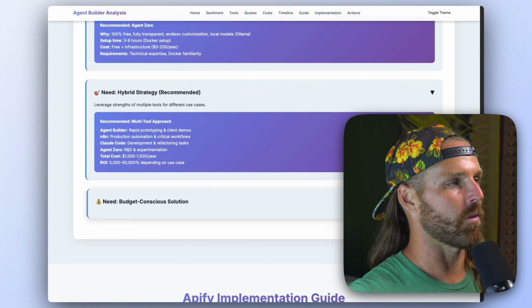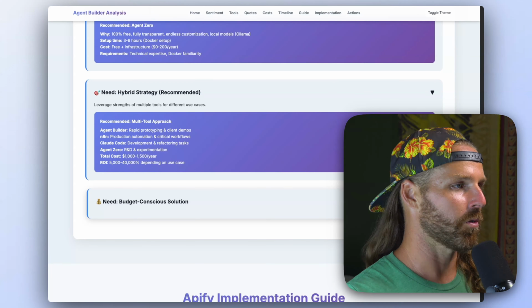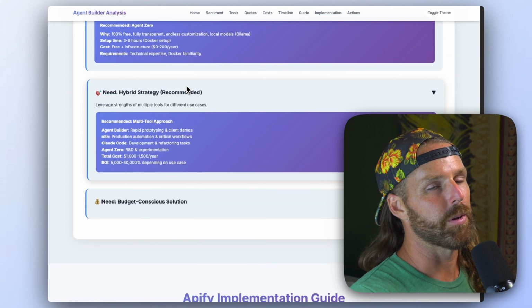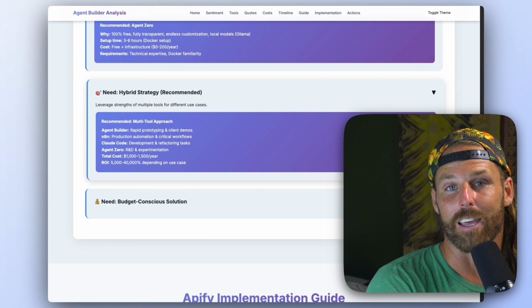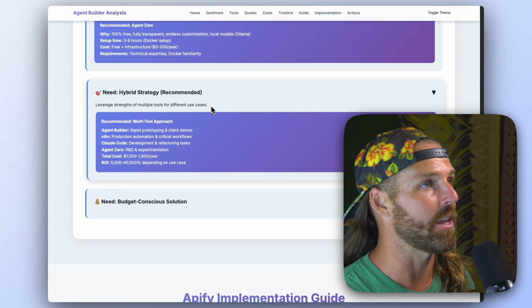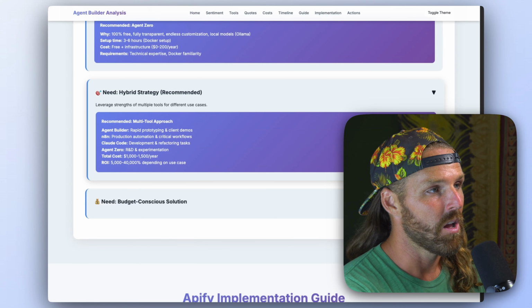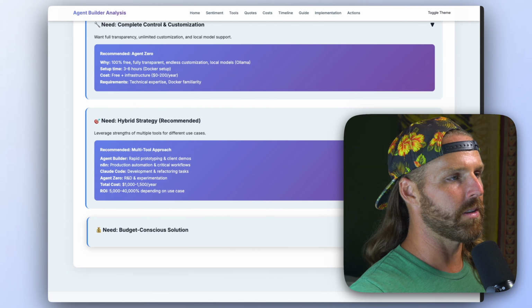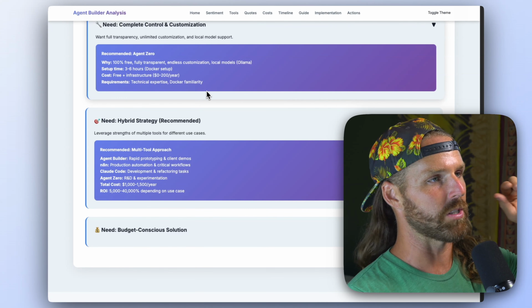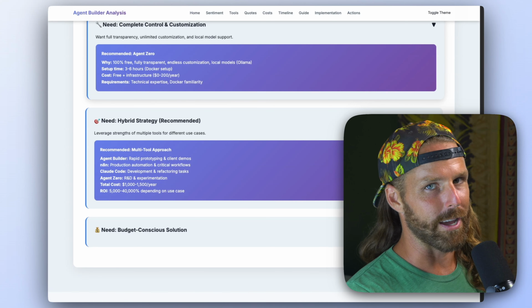Use OpenAI if you like it. Use Claude if you like it. Use multiple tools. I've shown you in this video 3 different tools I use in my everyday stack. I don't think I'll add Agent Builder. I might. So speaking of Agent Builder, let's jump in. Let's take a look at what it would look like to do the same research with OpenAI Agent Builder.